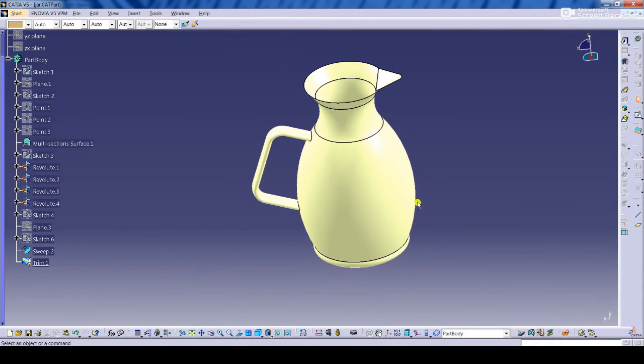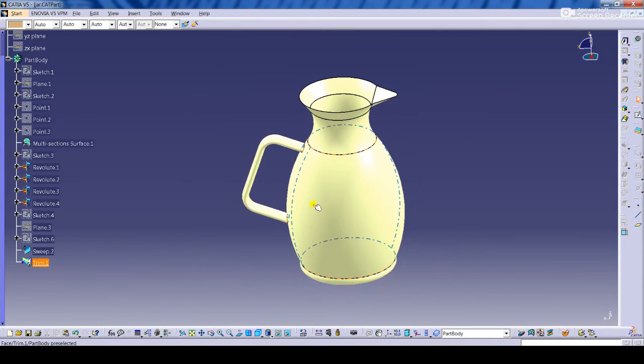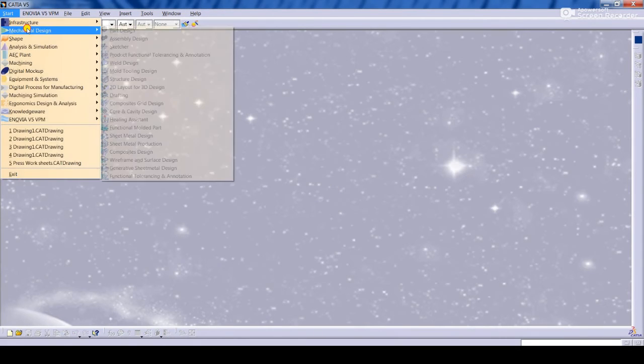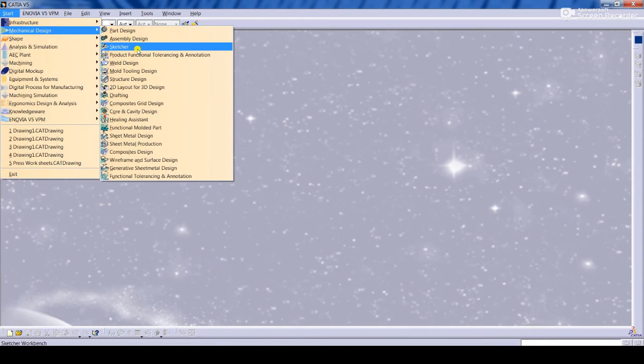You will learn each and every workbench in detail, and you will be able to draw and model different parts, various complicated parts, with your full dedication and practice. From the next lecture we will start our Sketcher workbench in detail.